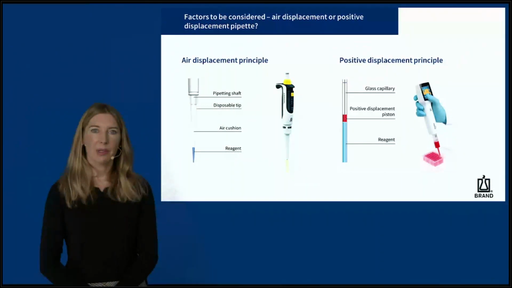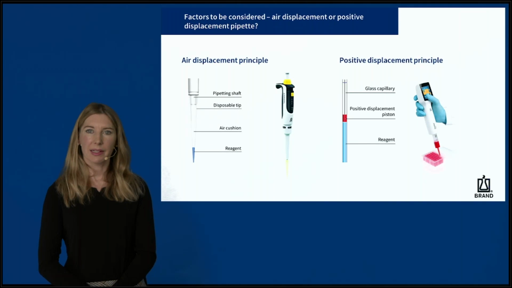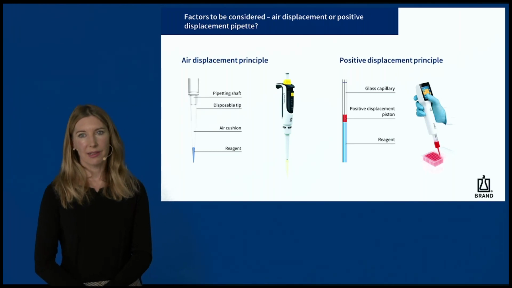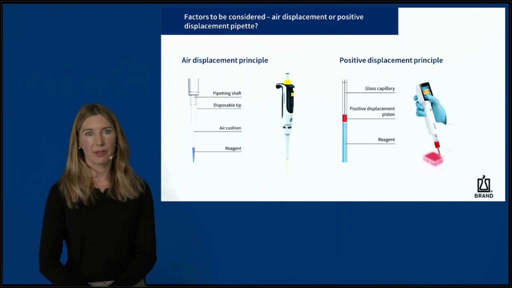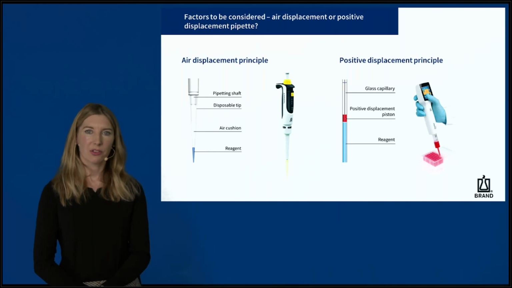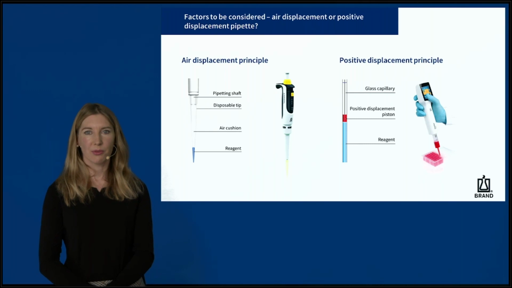This enables contamination-free yet simple handling with the highest precision. But this is also where the application limits of the system lie. Media that strongly influence the air cushion can affect the accuracy of the result. For example, foaming liquids like detergents, as we already mentioned before, make precise work difficult.